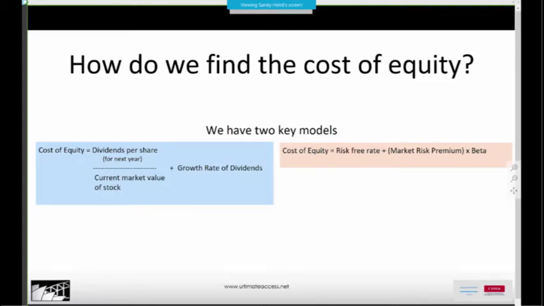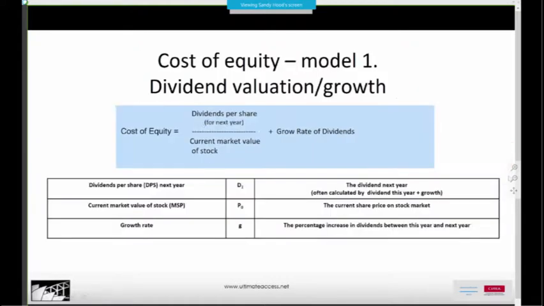Thank you. Good. Right, I'm reading the second model, the capital asset pricing model, and here we're looking at the difference that the market generally pays over and above the risk-free rate, and then we would multiply it by something we call the beta. The beta is a company-specific recognition of risk. We will look more as we go into these in detail, but these are the two principal models that we use in order to work out the cost of equity.